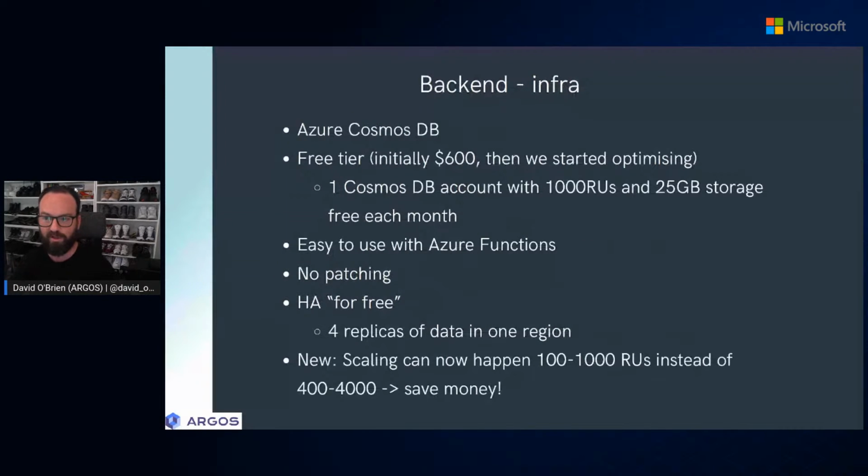So we had the Cosmos DB conference here. Let's talk about Cosmos DB, our backend. Similarly to the functions argument, why did we use Cosmos DB? Because it does come with a free tier, by the way. You can get one Cosmos DB account in your subscription with 1,000 request units per second and 25 gigabyte storage for free each month. That can already get you quite far, depending on how you build your application, how your queries run, how well you do your queries.